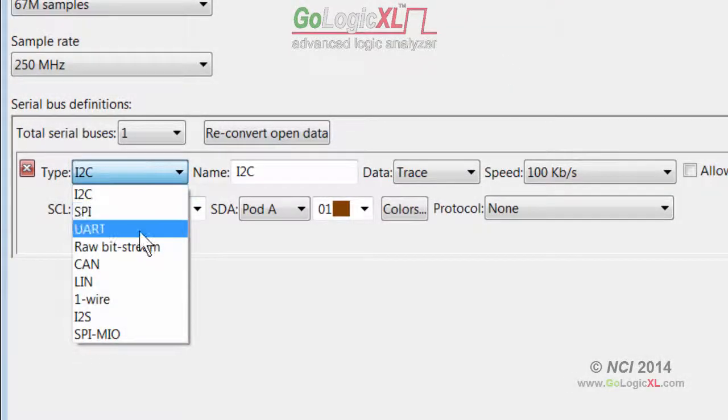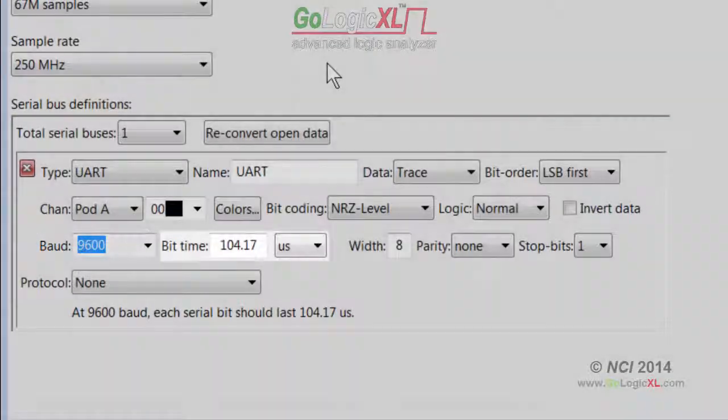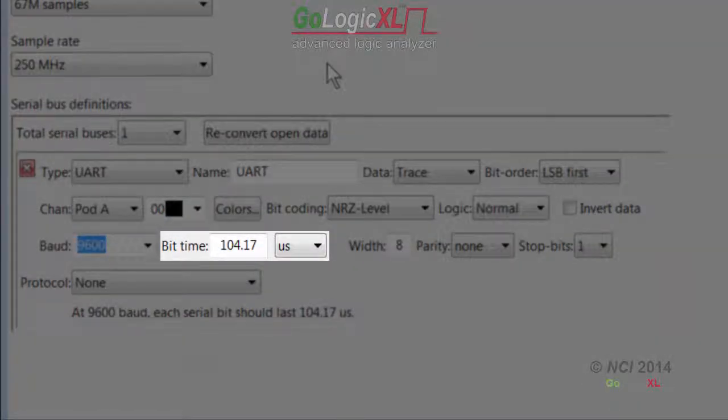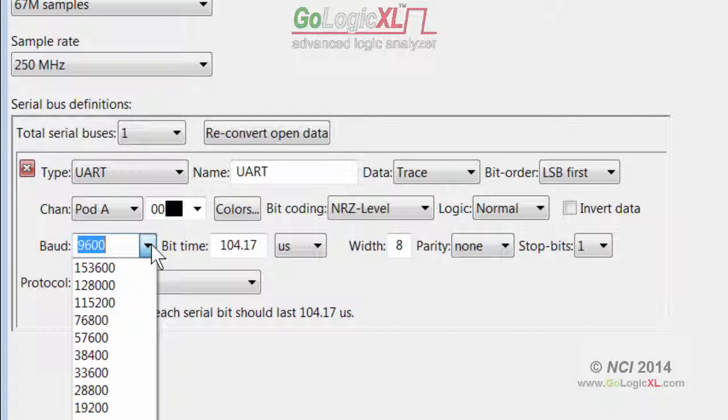A baud rate must be selected for CAN, LIN, and UART bus types, none of which use a clock signal. Capture a small test trace and measure a single bit to set the baud rate as exactly as possible. Each bit's time value can also be entered in the bit time edit box, which then automatically sets the correct baud rate. Alternatively, you can select a commonly used baud rate from the baud rate combination list box or type